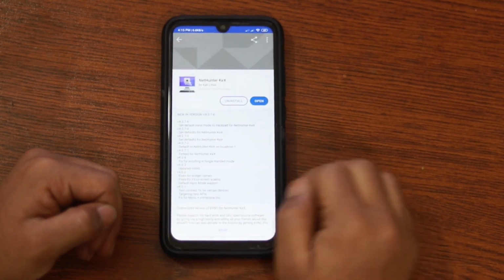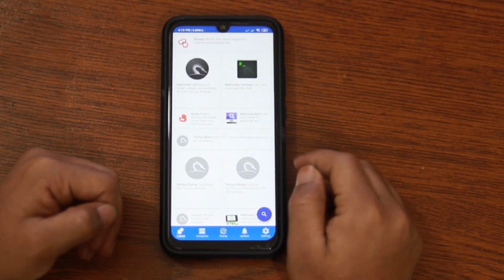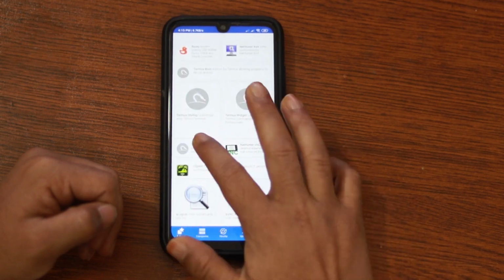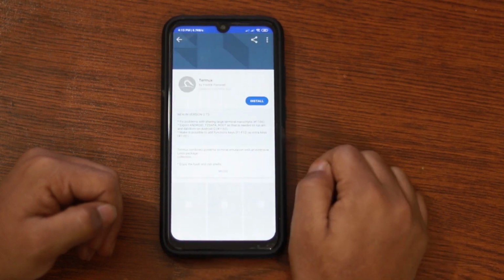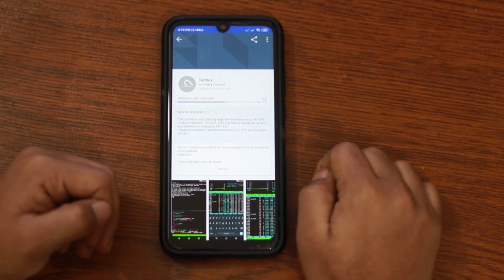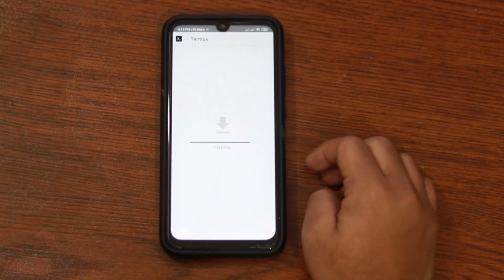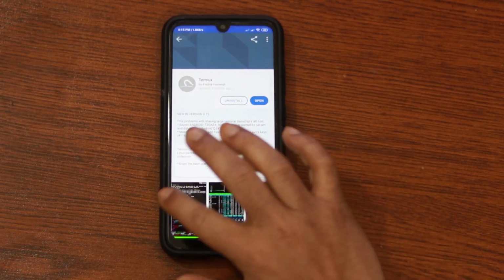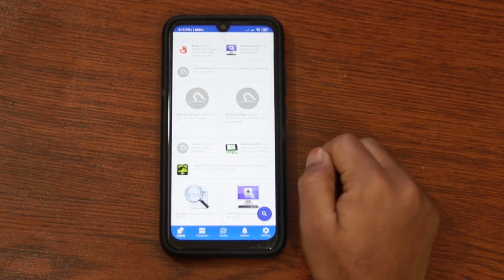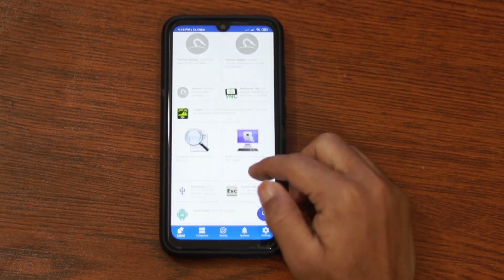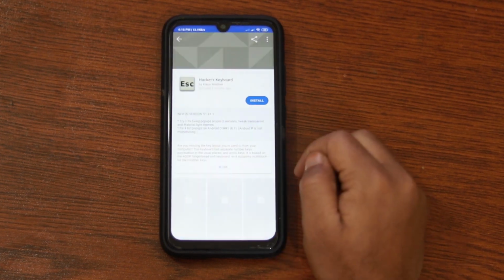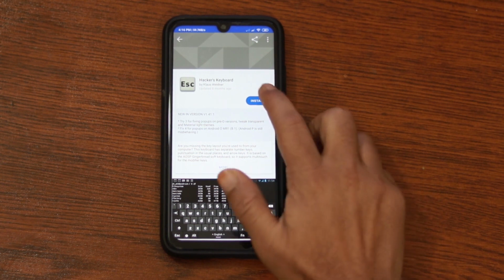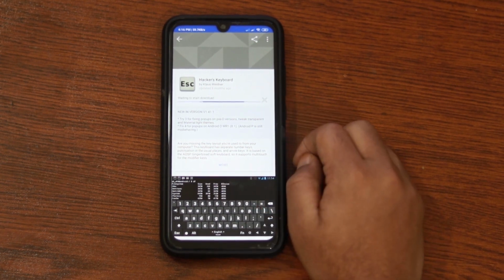Then go back to store and install Termux app on your phone. Now again go back to store and from here install Hackers Keyboard. That's all the 3 apps you need to run Kali NetHunter or Kali Linux desktop on your Android phone.